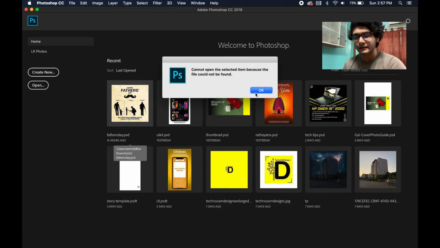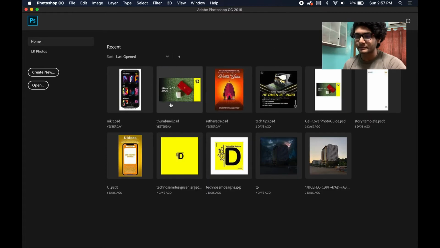The PSD file, for those of you who don't know, is a Photoshop document file. So if you make something in Photoshop, it will probably be saved as PSD or PSB. PSB is something totally different, and I will teach you that in later parts of this session. But for now, you just need to know that PSD is the format in which most Photoshop documents are saved on your laptop or computer.